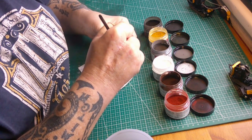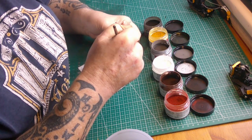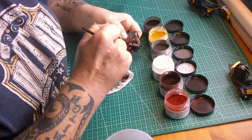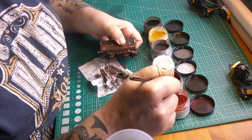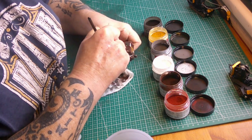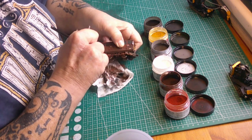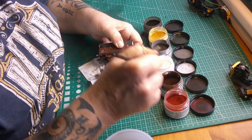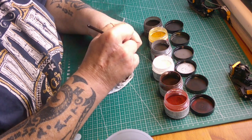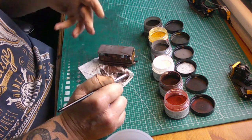Now obviously the other thing you've got to think about as well when you're doing this kind of thing is that it needs to be sealed in afterwards. So the biggest tip I can give you, and again not wanting to teach you to suck eggs here, is when you put your varnish on, go easy. I will be using a spray can because I have some spray left. I will eventually switch to the